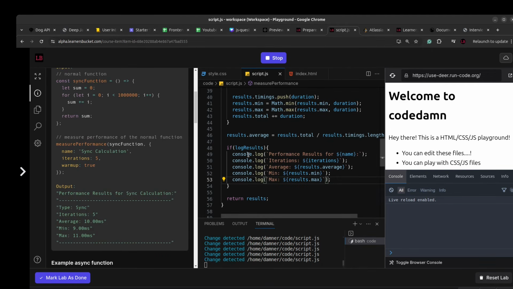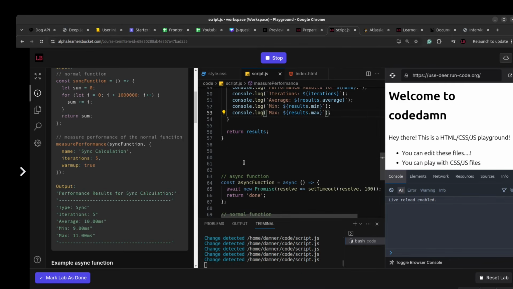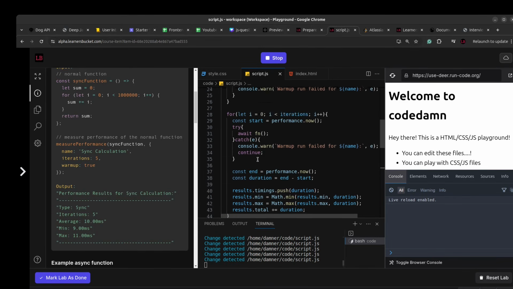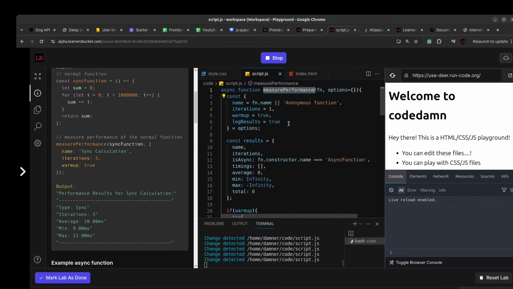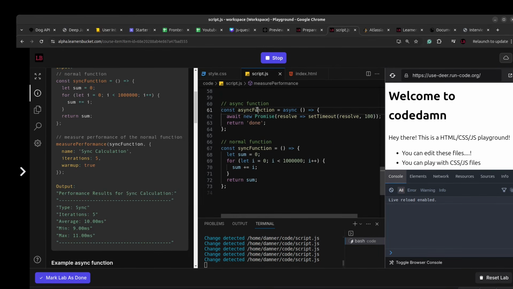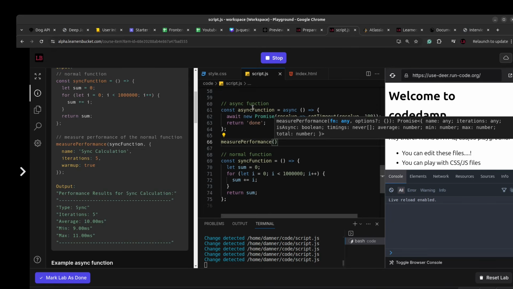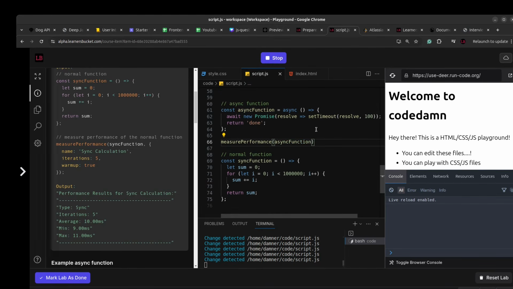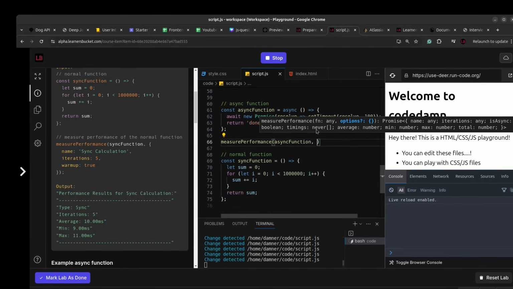This will log the output. Now let's test this. So we have our measure performance function ready. Let's copy this. We have our asynchronous function. Let's test or evaluate its performance first. So we'll use the measure performance. We'll pass this async function to it as an argument, and then after this what we are going to do